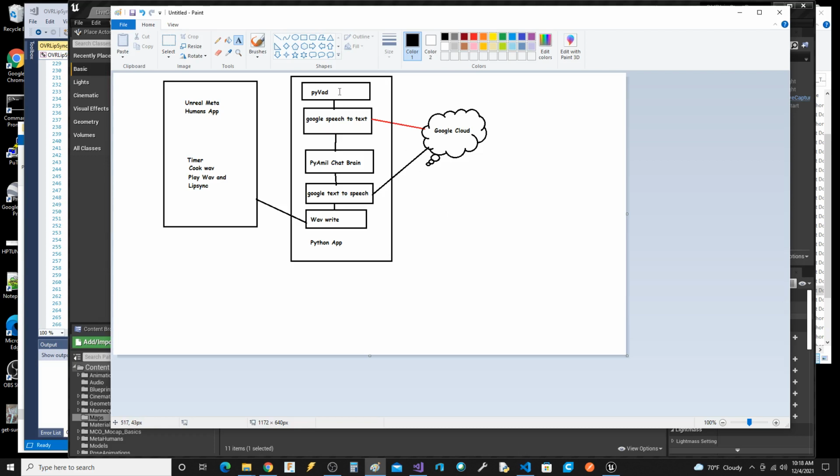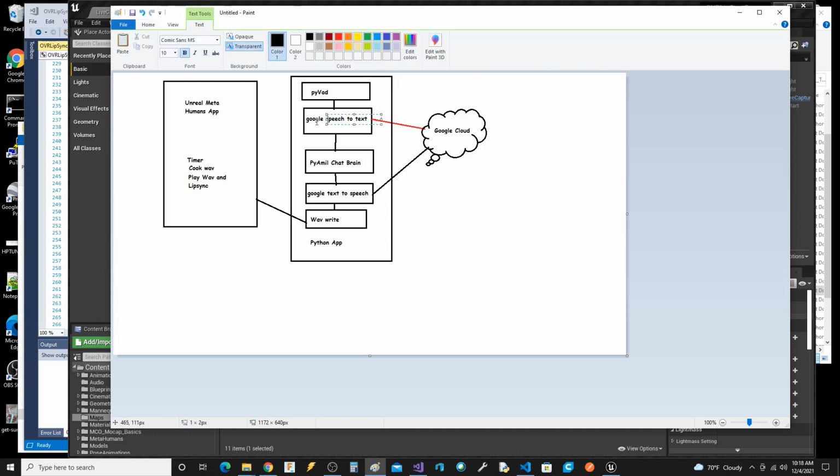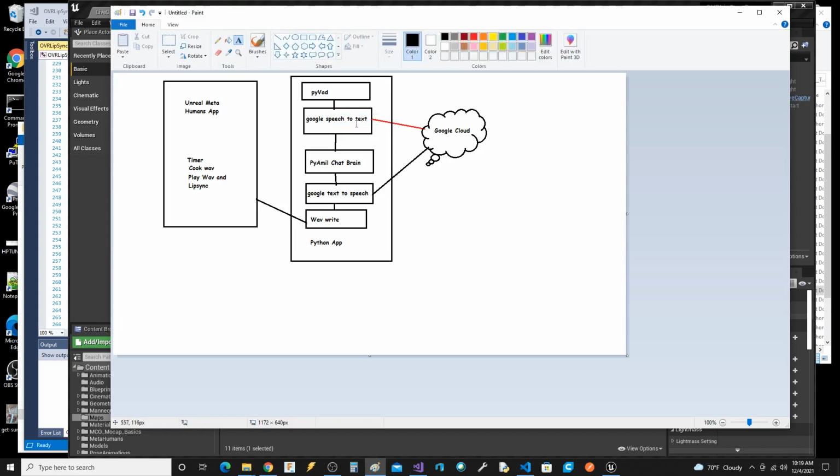So the PyVAD, which would run locally, would then be sending the audio chunks up to an EC2 instance running Python that would make AWS calls to Poly and whatever the other thing is. You know, they give these goofball names to these services.